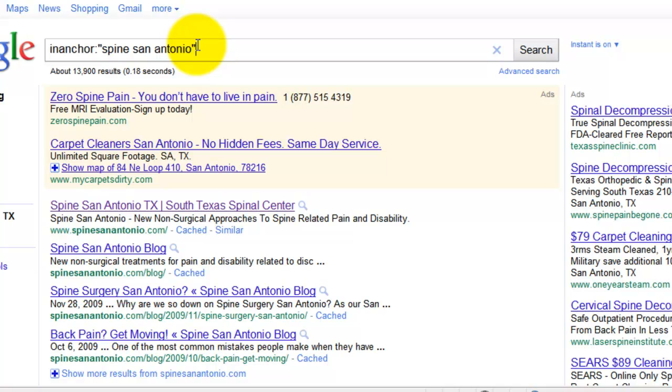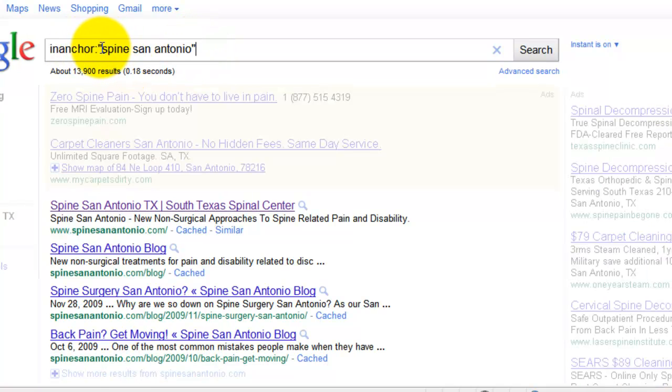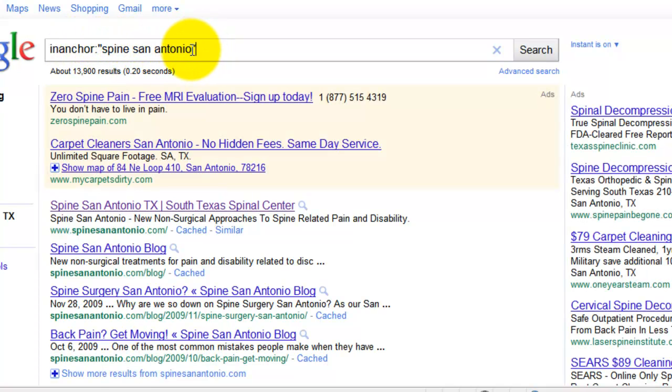And in-anchor means that this phrase, Spine San Antonio, appears in what's called the anchor text that links other web pages to these web pages. And so it's going to tell you how many web pages have in links going to them this phrase, Spine San Antonio. And there's, according to this, 13,900 results, that's not always reliable, as I'll discuss more in the keyword research module. But you can see that here again,